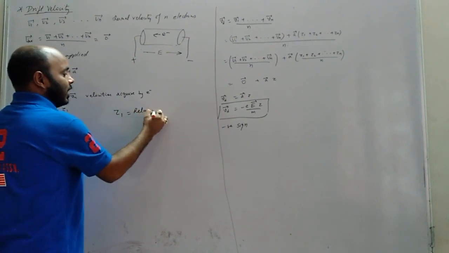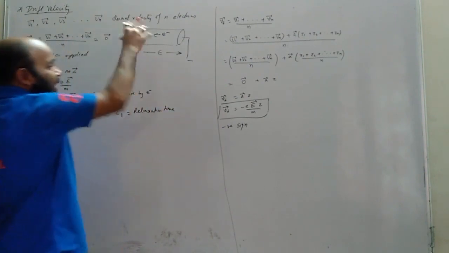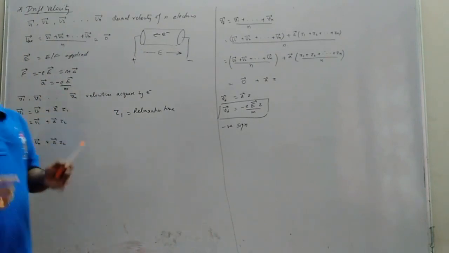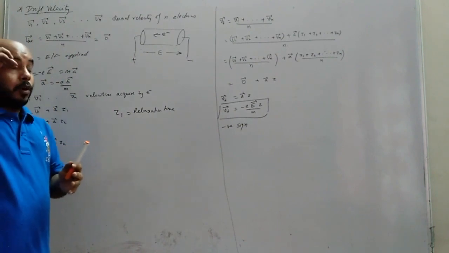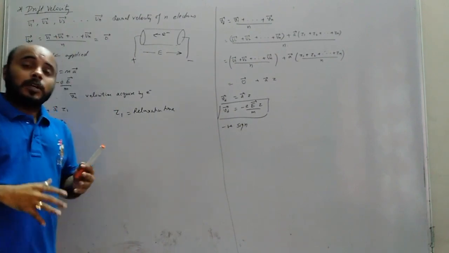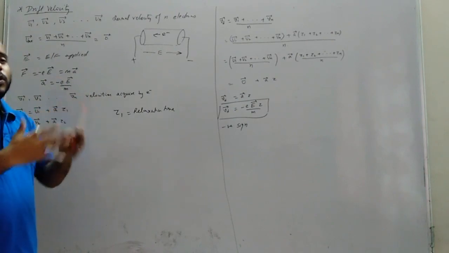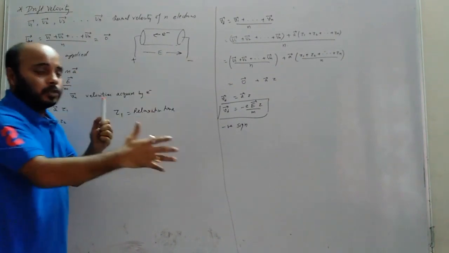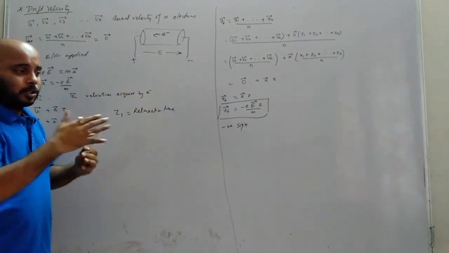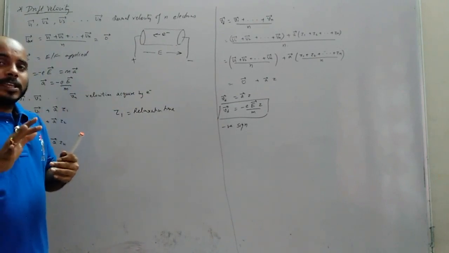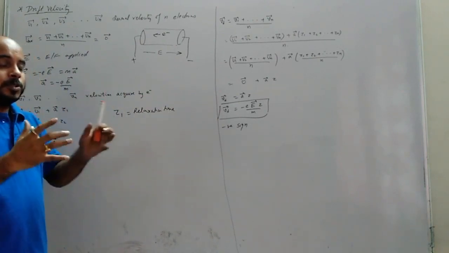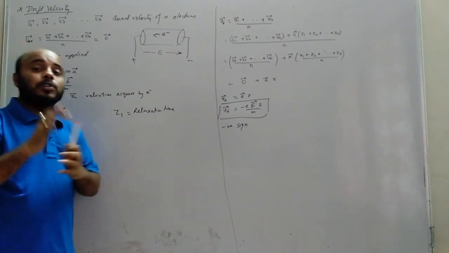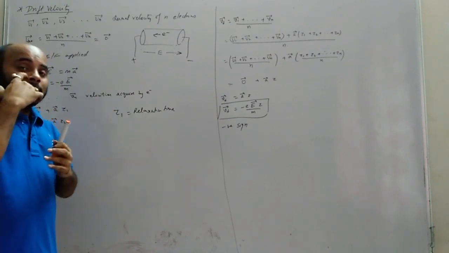Now what is relaxation time? Inside the conductor, the electrons are randomly moving in all directions. So what will happen? They will collide with each other. They may collide with the crystal lattice, the walls of the conductor. Okay. So between two different collisions, one collision happened, then after some time a second collision happened. So between two collisions, the time for which the electron is moving freely, that is called relaxation time. The time when it is in a relaxed condition. It is not under any collision. It is freely moving. That is called relaxation time.